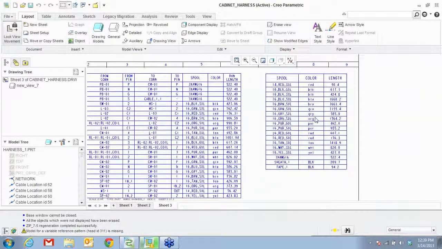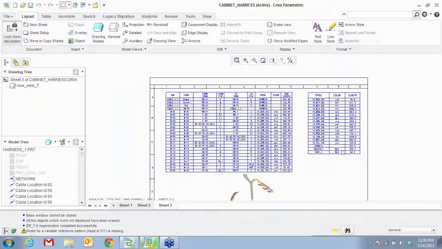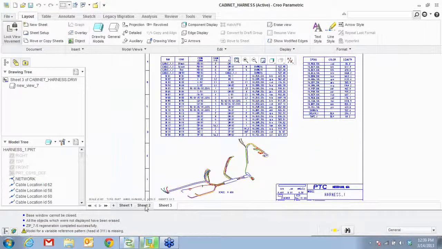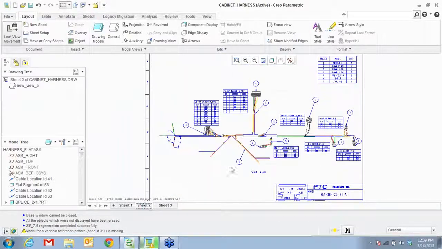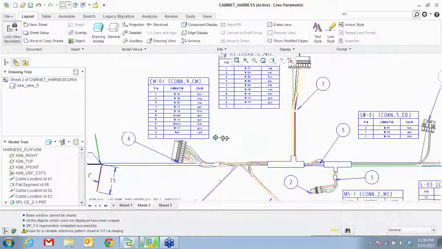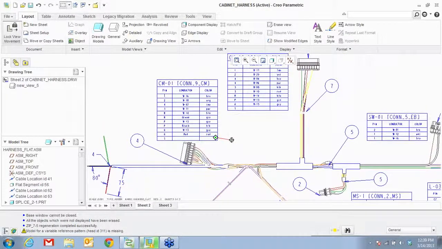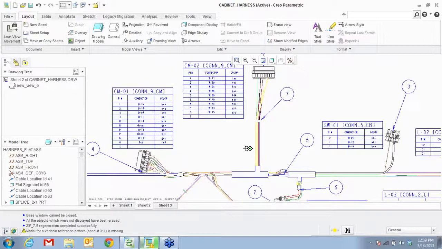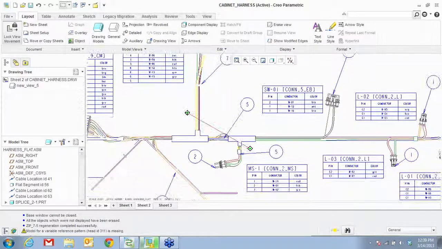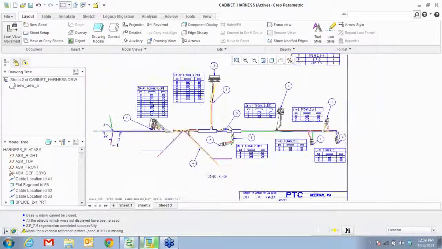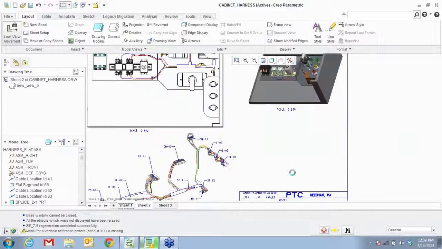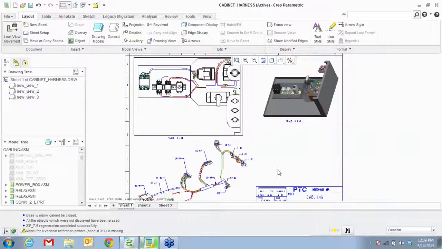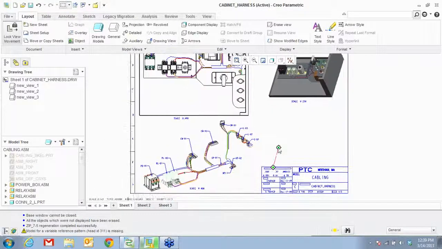Right? All this information is collected from your 2D schematics. That's sheet number 3. Here you can see the nail board drawing of each connector, what wires come and go from there. And here is another view of the entire cabling harness.